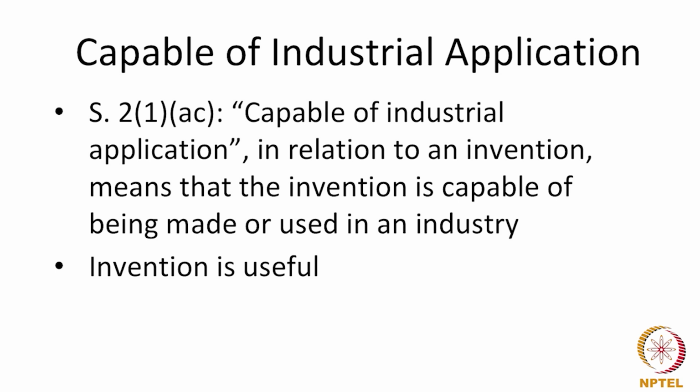Intellectual property rights, especially when we talk about patents, are granted for things that you can repeat in big numbers. So, if an invention is patented and a patent is granted, it is granted with the promise that you have disclosed something which will be useful. So, the usefulness can be demonstrated when a person is able to create large numbers of it in an industrial setup, or he is able to use it in an industry, again for mass production. So, mass production is something which is tied to intellectual property rights in general and more